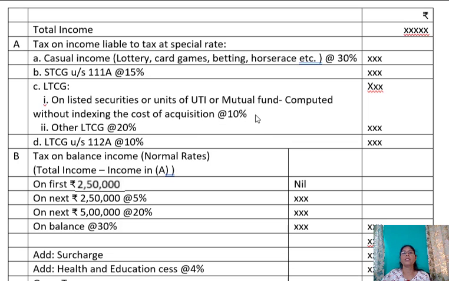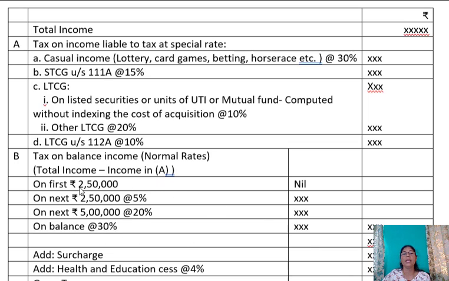So at the rate of 10%, on other long-term capital it is at the rate of 20%. Again, long-term capital gain under section 112A is at 10%. After allowing for these at the special rate, next we have to see what is the balance of income. Now let us calculate tax on the balance of income at normal rates. On first 2,50,000 tax is nil. On next 2,50,000 it is at the rate of 5%. On next 5 lakh it is at the rate of 20%, and on balance it is at the rate of